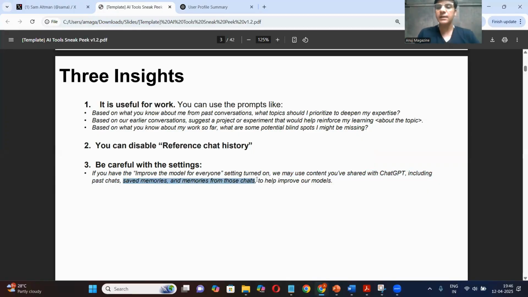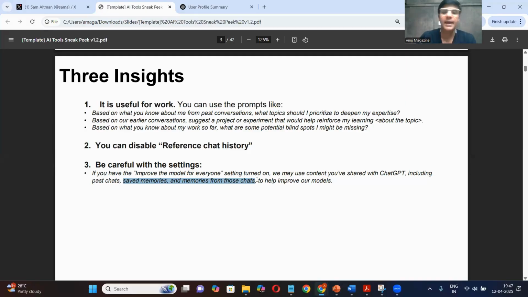Which means, in simple words, that if this setting, improve model for everyone, is enabled, you are now allowing ChatGPT to learn from the insights it had gathered about your personality, which means that your personality also goes into the model training,